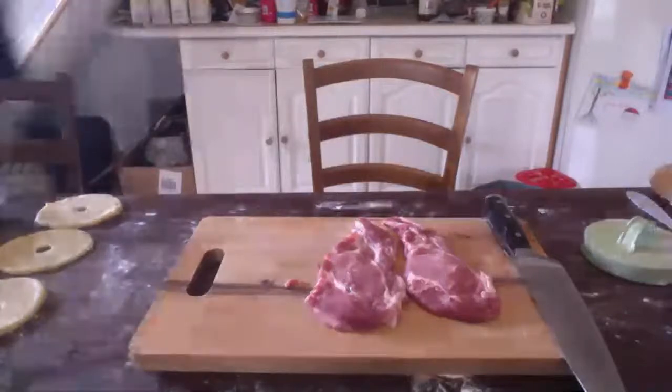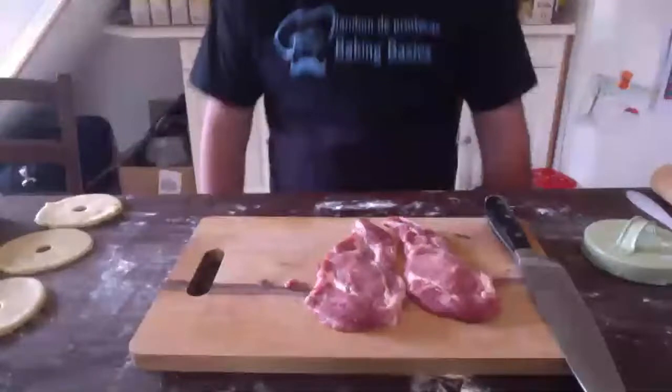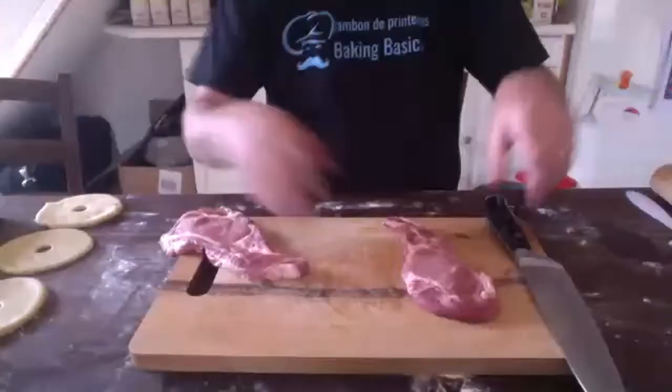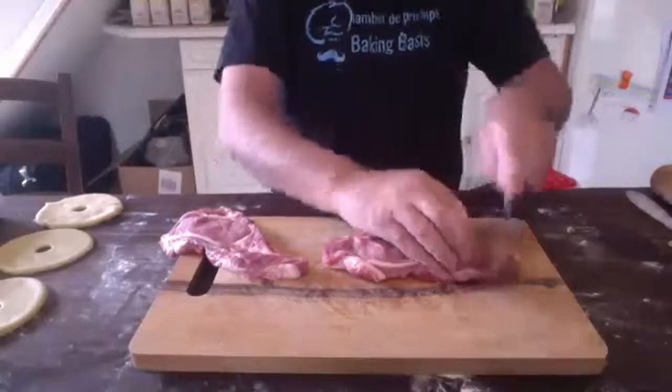You want to simmer that for at least half an hour, just to get the flavour out of those, or you can go longer if you want. You can go for an hour if you like. For today's purpose, we want to. So with our pork, I simply am going to cut our pork